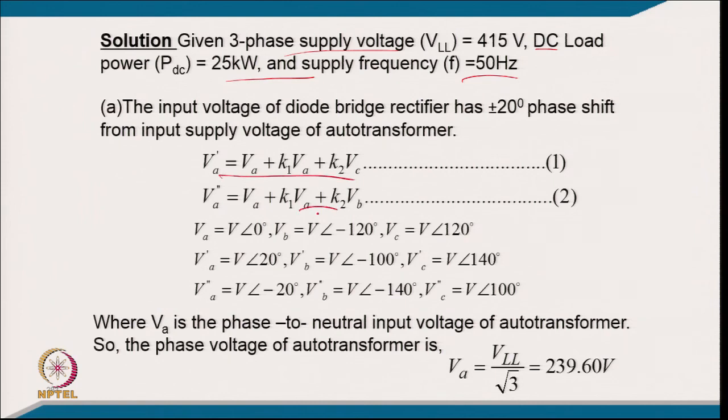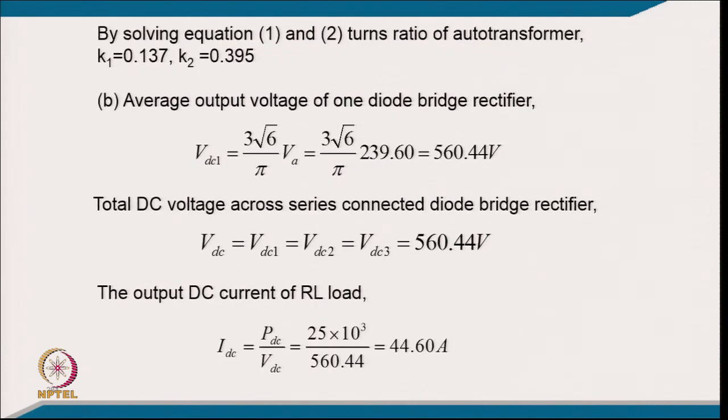we can have a phase shifted voltage typically of plus minus 20 degree, that is 20 degree leading and 20 degree lagging with respect to 0. Then you can find out the phase voltage from the line supply, and then you can get the constants corresponding to the winding turns ratio K1, K2 to get a particular phase shift of plus minus 20 degree. Then once you know the line voltage at the input of the supply, you can get the DC link voltage 560.44,